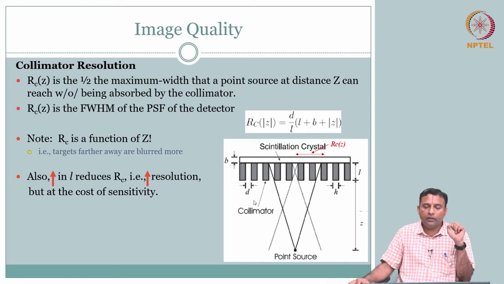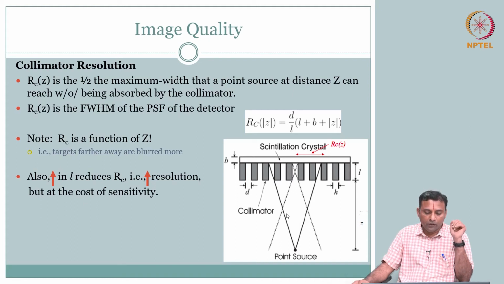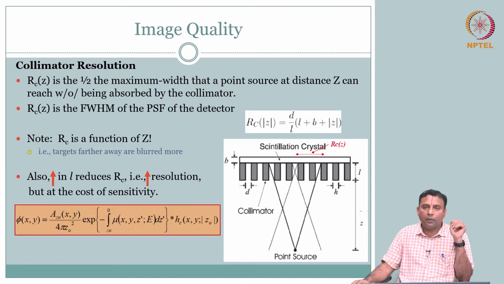So, here if you notice, you can design your collimator, but with a trade off. But for a given collimator, you can play with the resolution and sensitivity by arranging the object or placing the detector, moving the detector close or far from the object. So, how do we incorporate this knowledge?